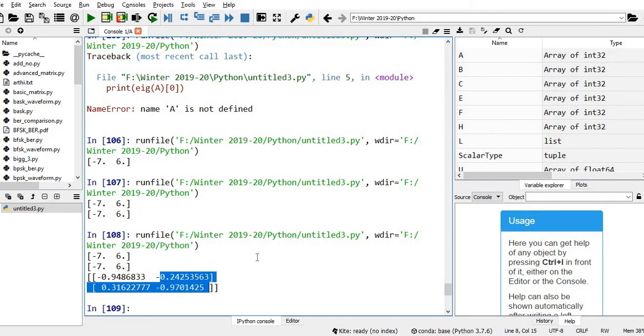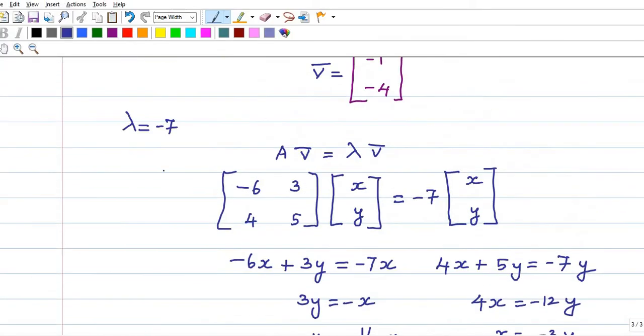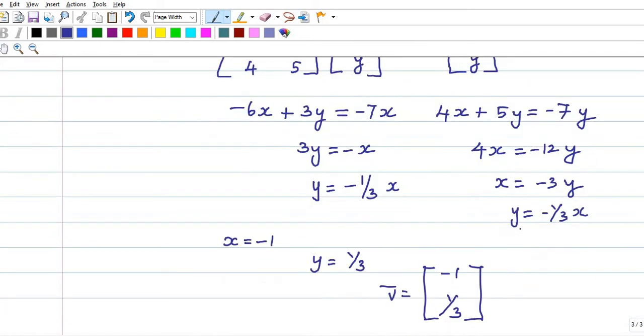But if you notice, we got a different answer for lambda equal to -7 than the -1, 1/3 we had.